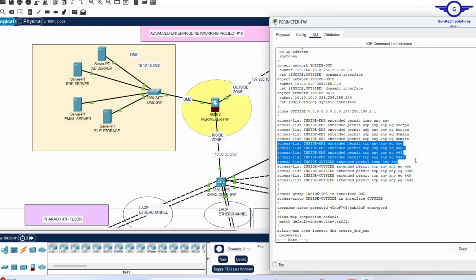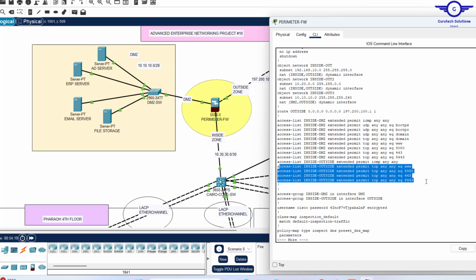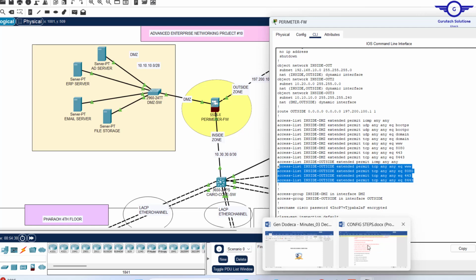Then now these are for web. You can allow those ports. www for web, port 80. Then you allow port 8080, port 443, and also you permit that one. And that's how you actually implement firewall policies. Just allow which particular service or port you want to allow. Okay, then